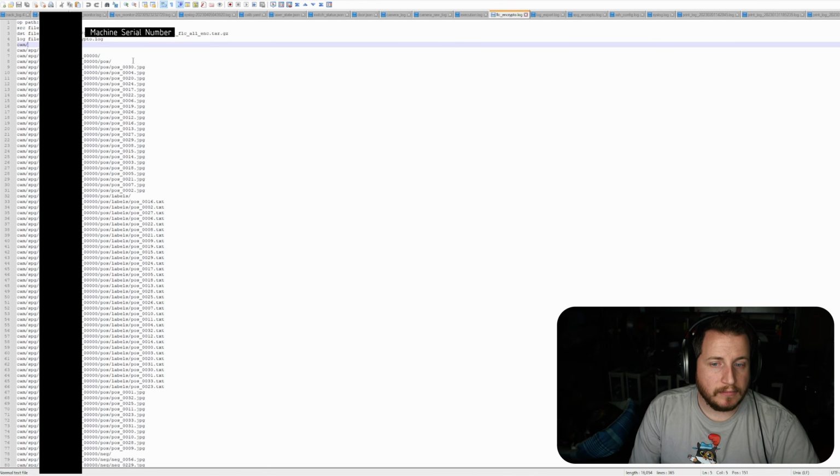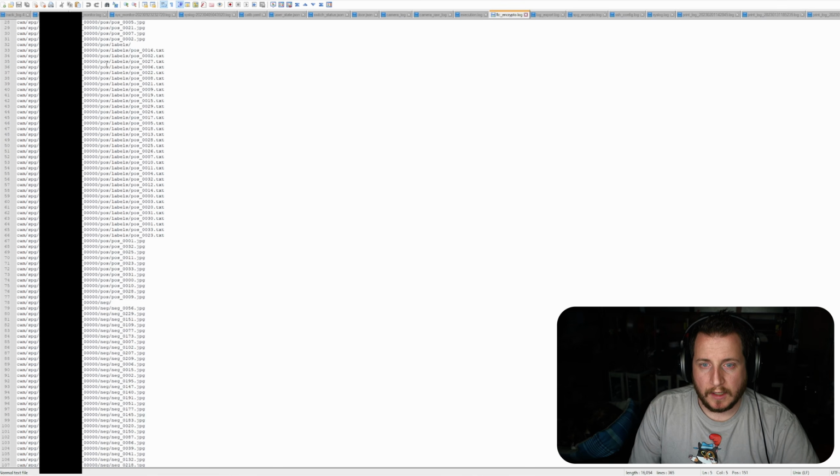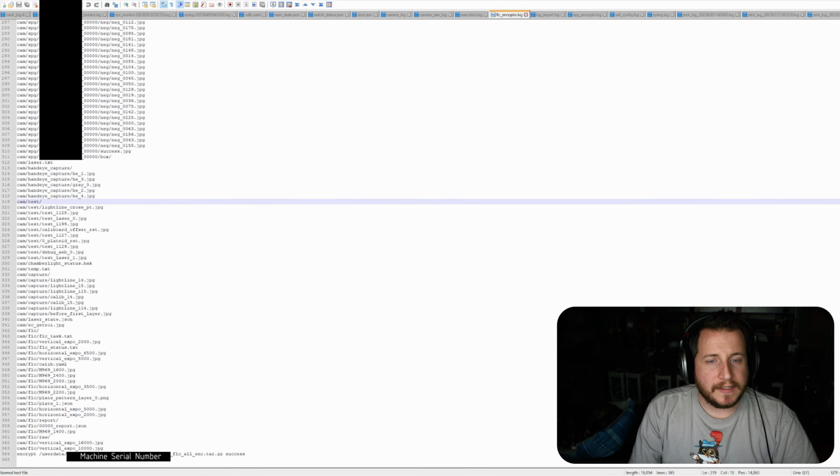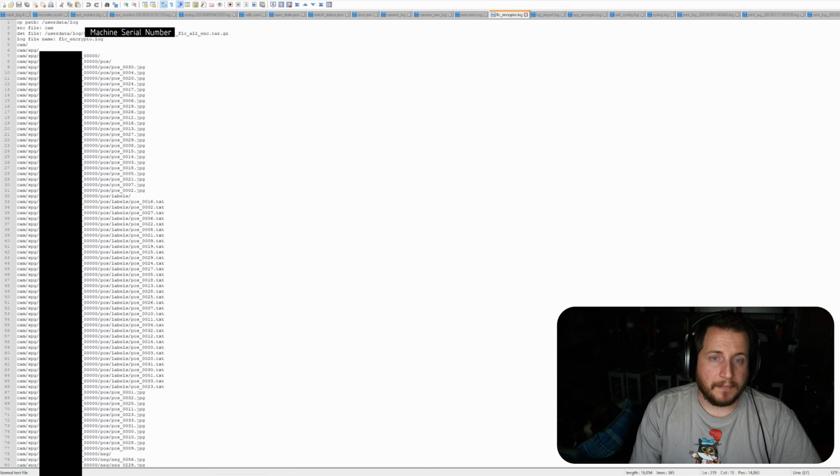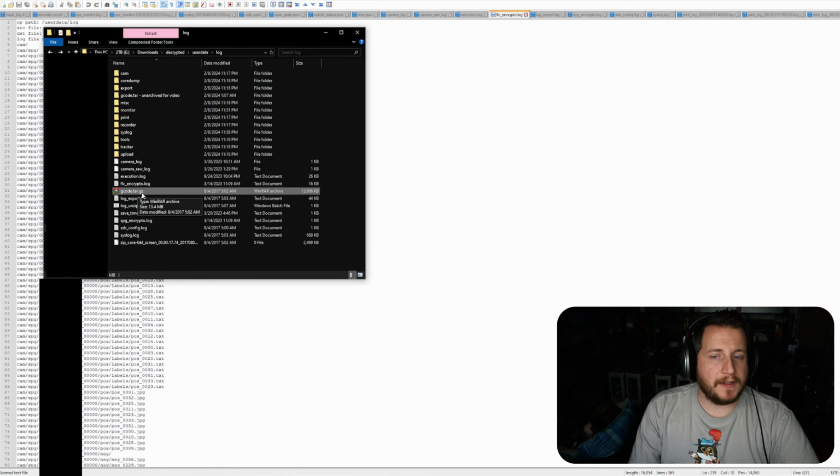Beyond execution.log, we have flc_encrypto.log. This is including the photos that are to be encrypted to go inside of the log file. We can see beyond the photos themselves other things that are included with it, as well as a success for the completion of the flc_encrypto.log. And I will point out, this is my machine's serial number. Below flc_encrypto.log, we have